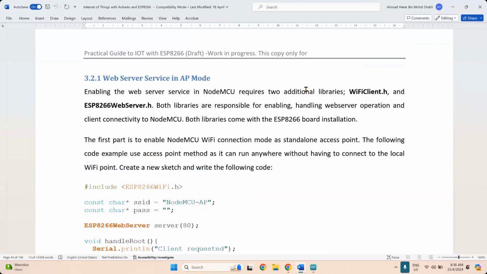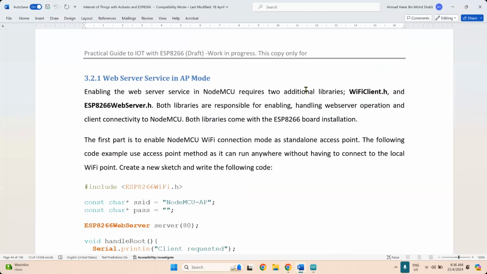The second method of connectivity is what we call AP mode, which is access point mode, which turns your ESP into what we call a web server and is able to respond based on requests.